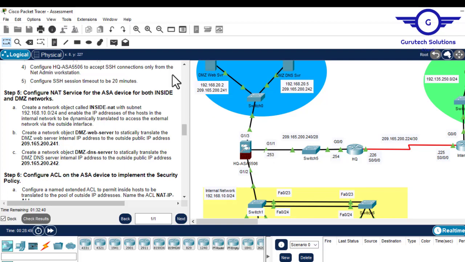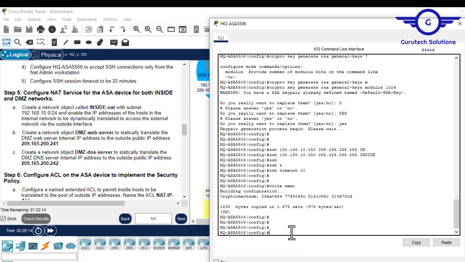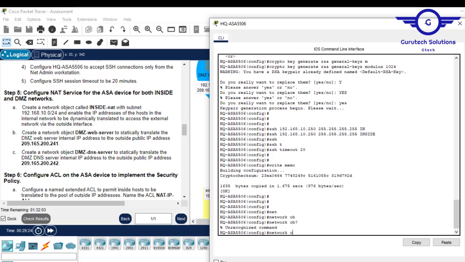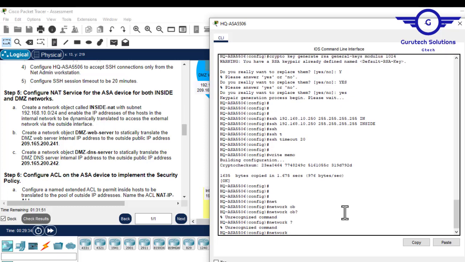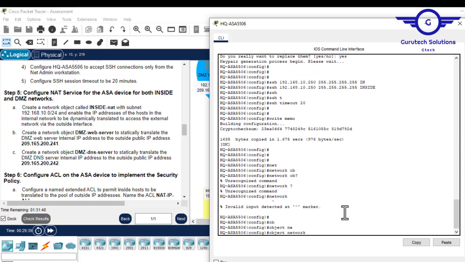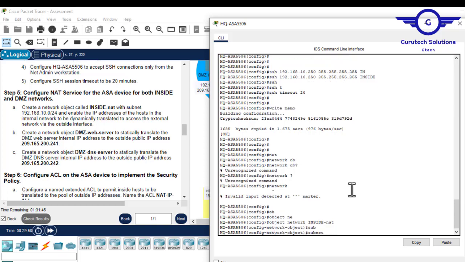Okay, so let's start with step 1. I click on the firewall. So the first thing that we do is to create the network object. So we just say object network, not network object, sorry. Object network of inside NAT. I just say inside NAT. Okay, then we assign a subnet to that, a subnet of